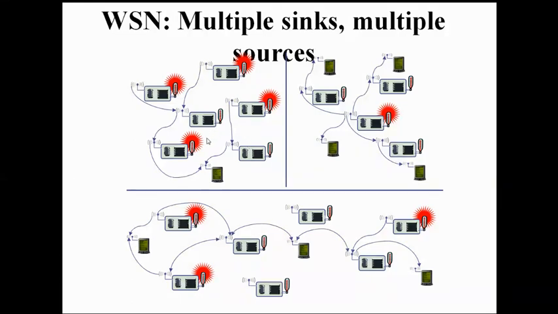Let us consider the same forest fire example. There we divide the area into many regions. In a particular region, many nodes can detect the same event, so you can say it is multiple sources, but the sink node is only one. Then the information is required by many nodes, so the source node is one and the sink nodes are many. For the third possibility, there are many source nodes and many sink nodes. These are the three major possibilities.